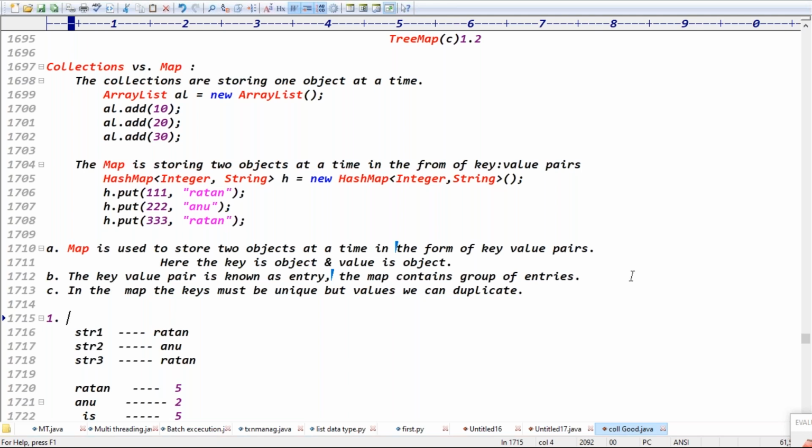Every object contains an ID, and ID in the sense of a reference, right? That object reference becomes the key, and the object becomes the value. Yes, object references become the keys, and objects become the values. You got the clarity now.